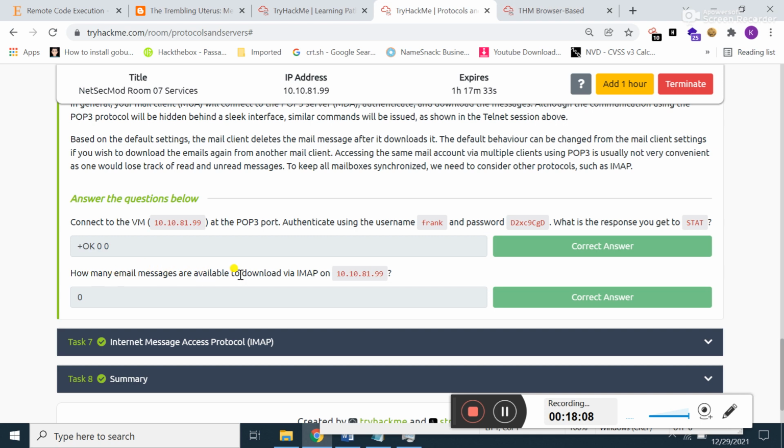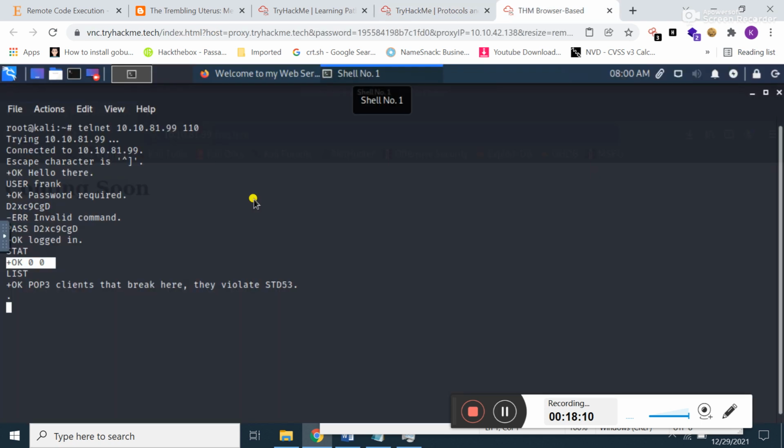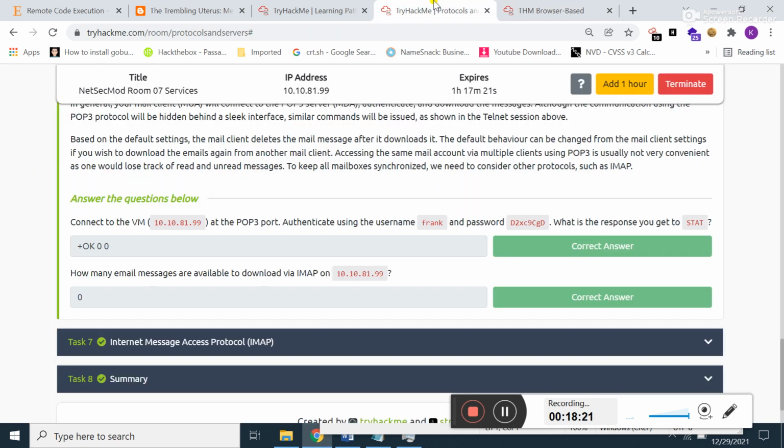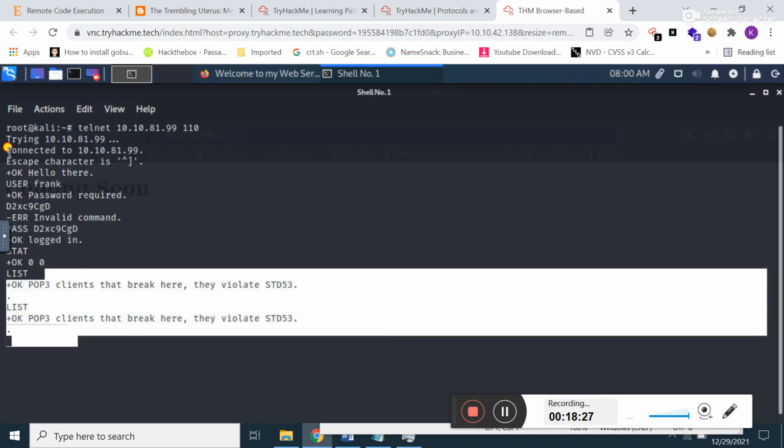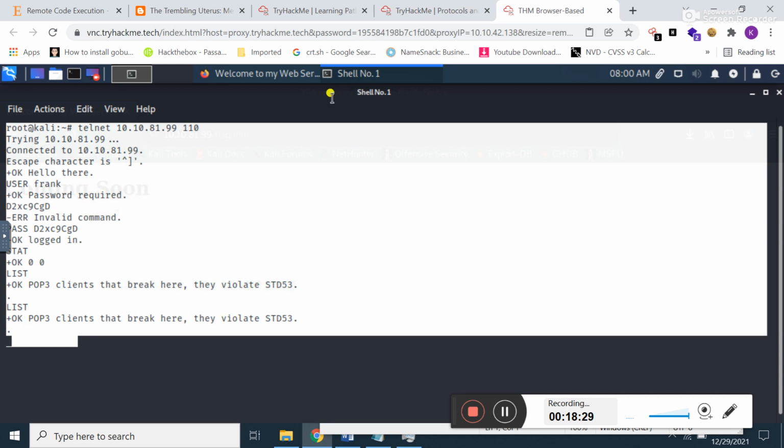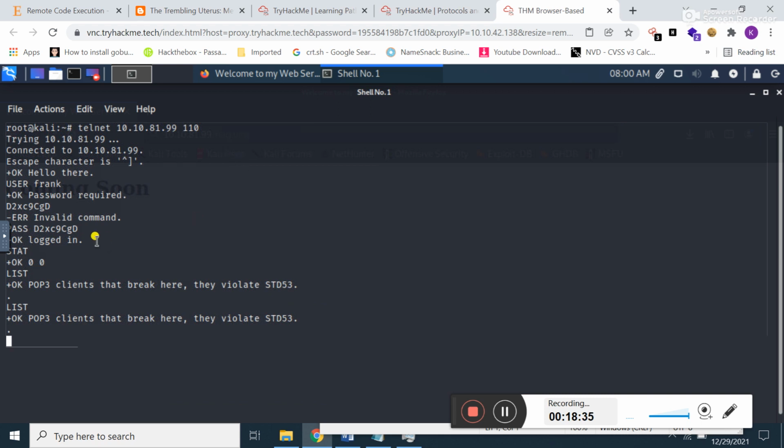How many email messages are available to download by IMAP? Okay guys, in order to know the number of emails, you can simply type the list command. Right now nothing is shown to me. It means there are 0 email messages available to download on this target machine. So this is the way you can connect on port 110 that is used for the POP3 protocol.